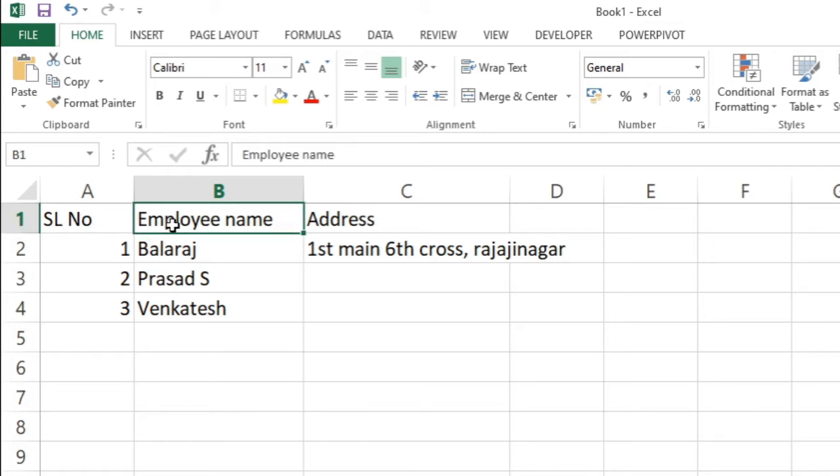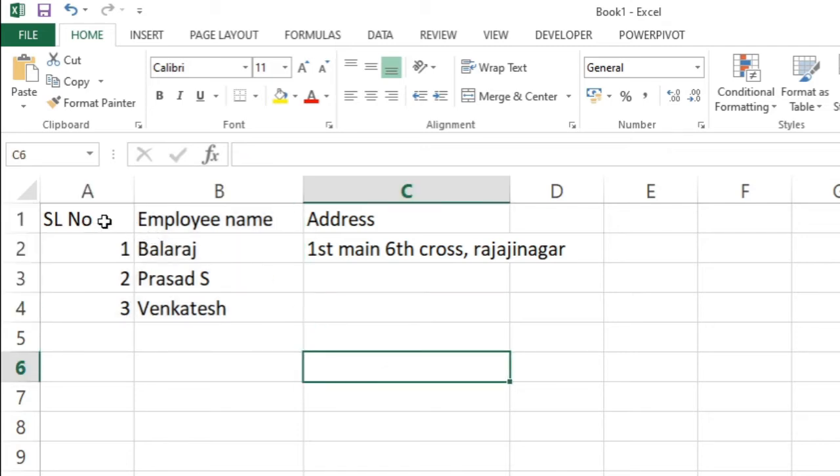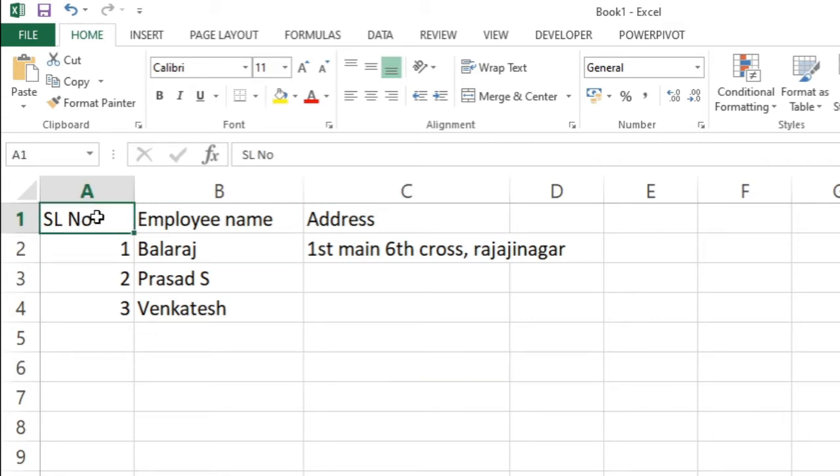So one cell is selected; you can select multiple cells by using Shift arrow key or dragging the mouse by holding the left button. So this is selected. So selection is important. We also call this a range of cells, that means starting from A1 to B4. So you can use the term range of cells.